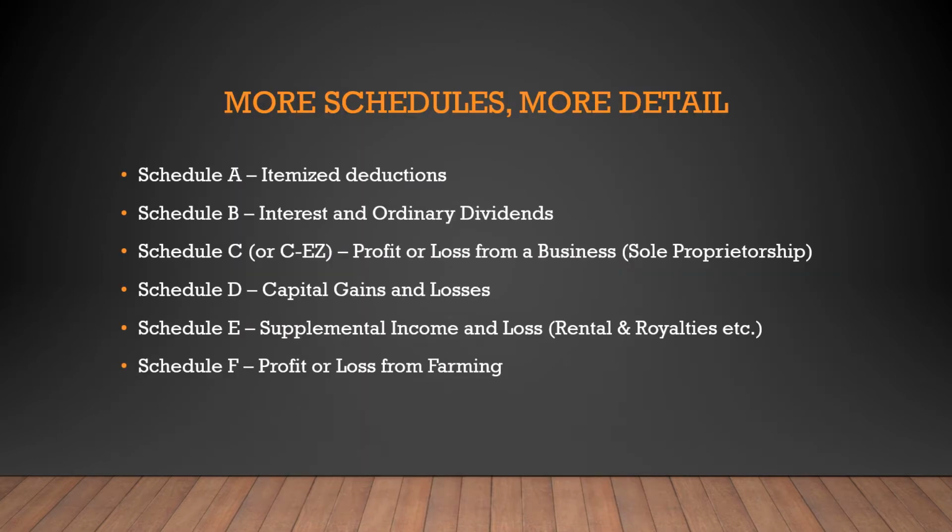And here you can see that the schedules continue. Now that we've gone through our 1, 2, 3s, it's time for the ABCs. So we have A for things that are itemized deductions, B, interest and ordinary dividends, C is for profit or loss from a sole proprietorship type business, D would be for capital gains and losses, Schedule E is commonly rent and royalties, F is for farming,